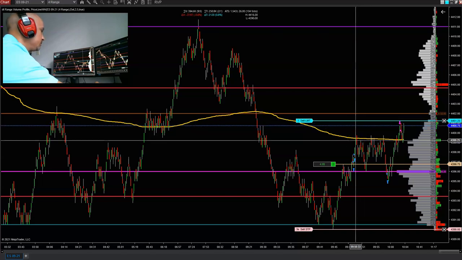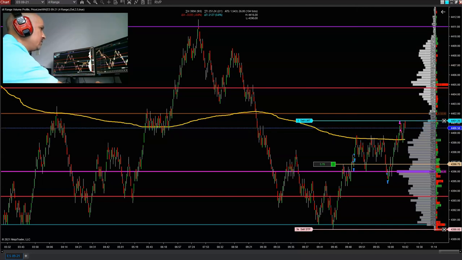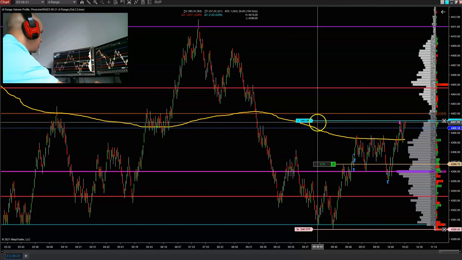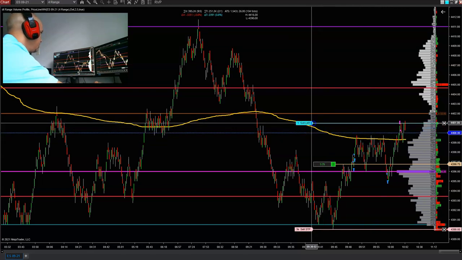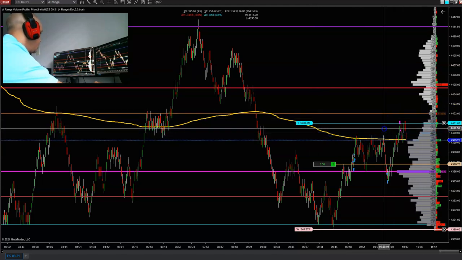Come on. Hit it and it bounced off of you. Saw that? That's the market. That's what it does. Bring it down just a little smidge. I'm hoping that it breaks this area. We have resistance here, so